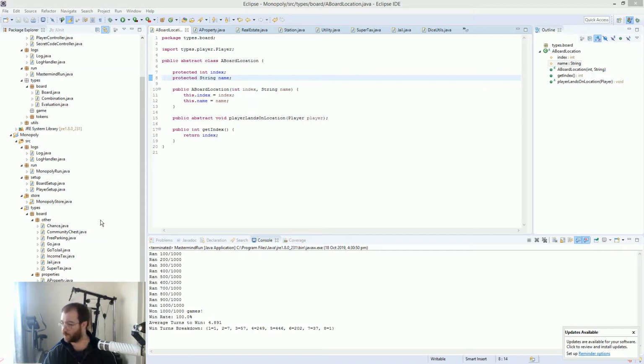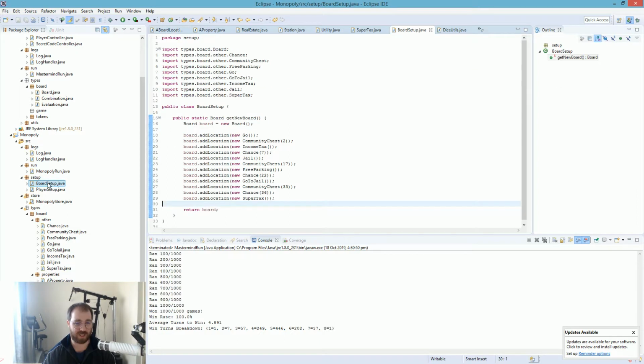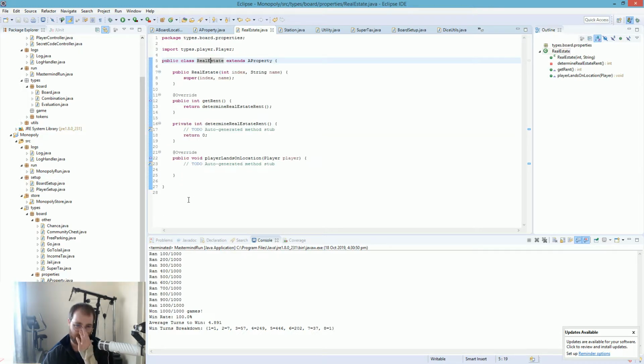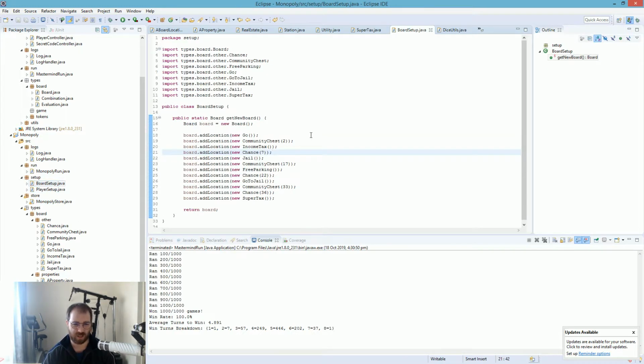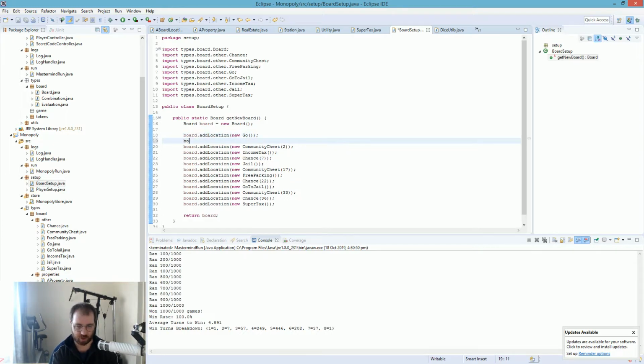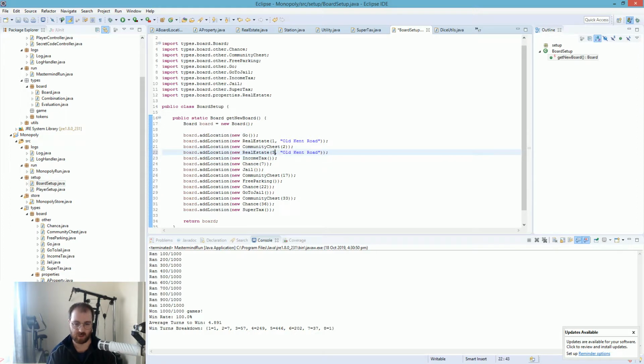Okay, I still like to push through, and I think we've been going for quite a while here, but I'm not too fussed. Let's just go through and do board setup, I guess. Theoretically, we can do board setup right now. It might be a pain to update it later. New real estate. Old Kent Road. So this is 1. That's going to be allowable. Yep. And then 3 is going to be